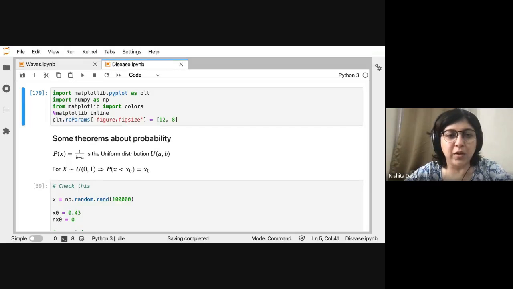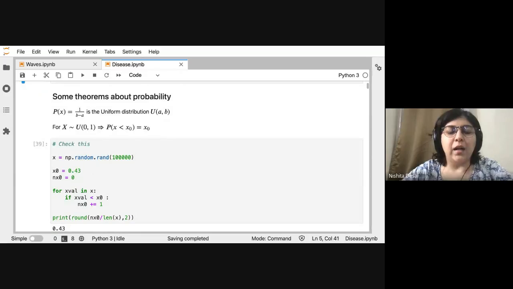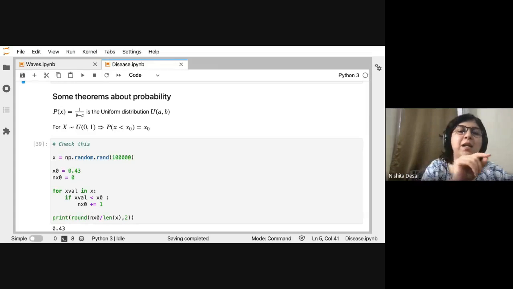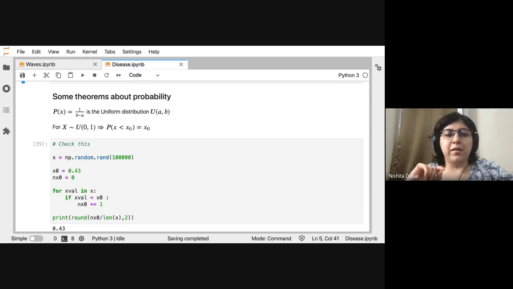The first part you'll recognize is essentially just importing certain things. The next thing I will remind you of, if you don't remember, is the uniform probability distribution, which we are going to use quite a lot. The uniform distribution is essentially just a flat distribution. Say you have an interval between a and b on the x-axis, then the probability of having any number between a and b is the same.